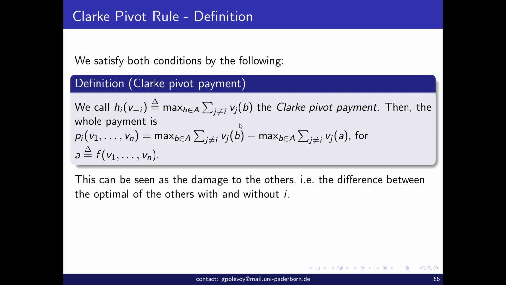When we optimize the choice so that the players besides I get the maximum in total, minus that, that's the definition of HI, the Clark pivot payment. I is the pivot here, minus the maximum, and that's simply,